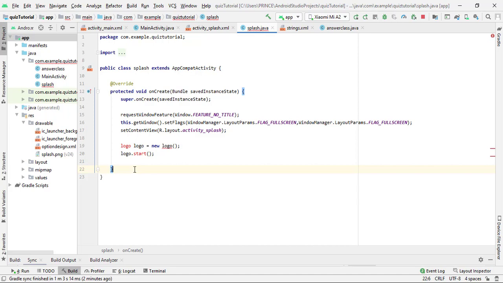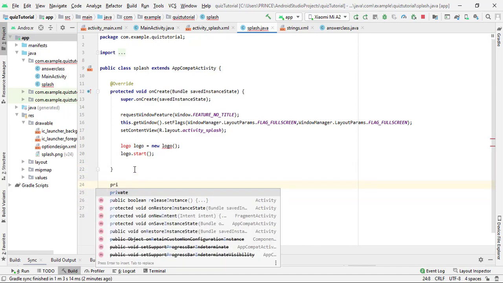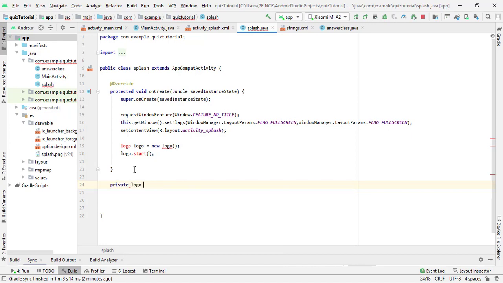So first of all, you have to come below this bracket and simply type here private. Then I give the name Logo, but you can give any name. Then type the class keyword, then your name, my name is Logo, then extends, and inside simply type Thread. Now inside this, you have to call the run function. So simply type here public void, it does not return anything.